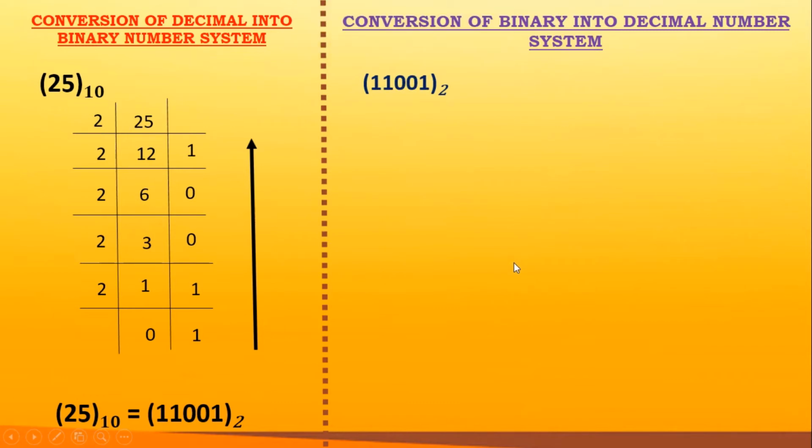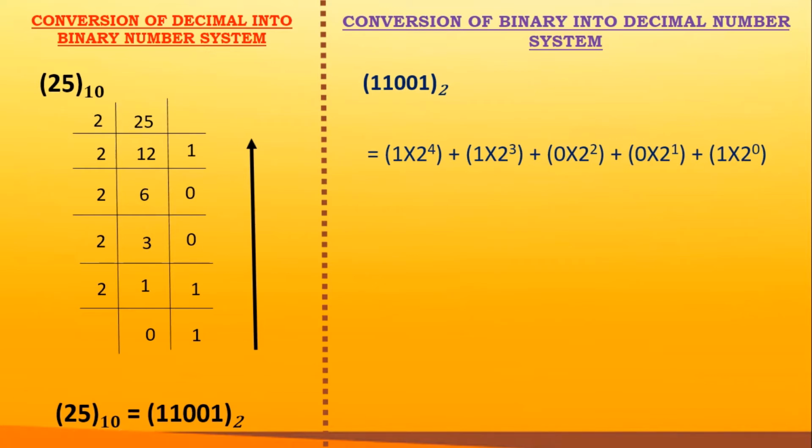So here we have the number with us. And here I have multiplied each binary digit with 2. See, 1 into 2, first number, then again 1 into 2, then 0 into 2, here it is. Next again 0 multiplied by 2, and then the last 1 multiplied by 2. Now we will give the power from the right side to 2. So here we have given the powers, that is we'll start from 0. So 0, then 1, then 2, 3 and 4.